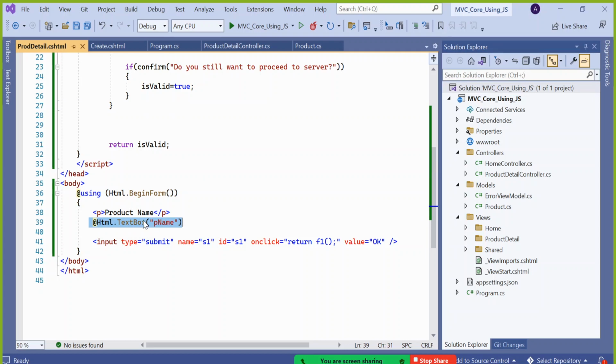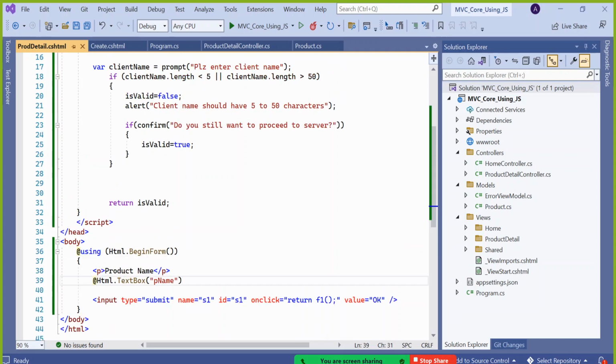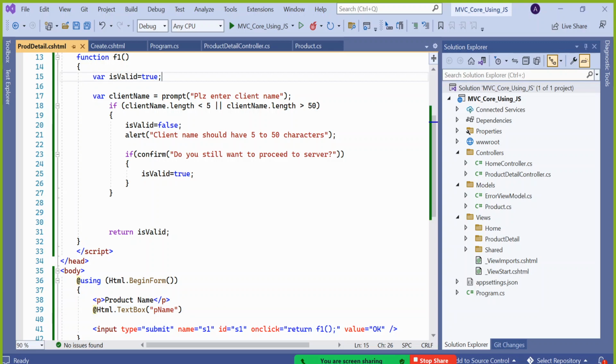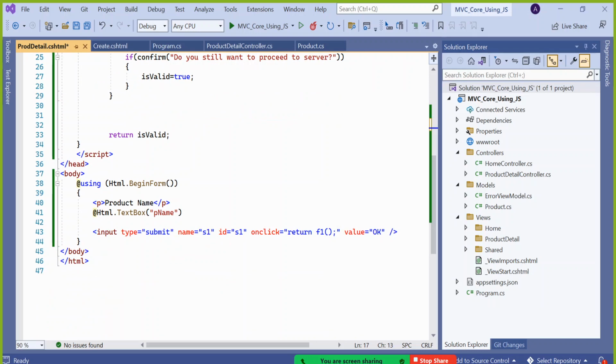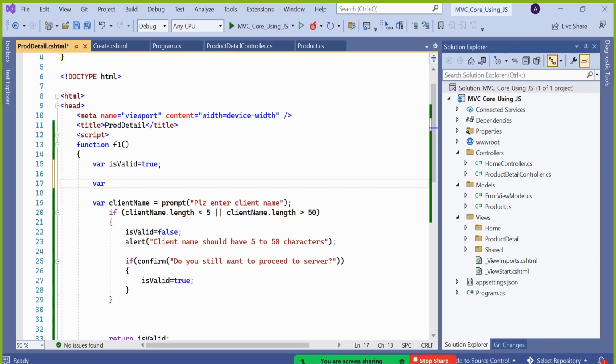Suppose you have an ID called pname. Whatever somebody is typing in this text box should be collected and stored in a variable. And on that variable I want to check the number of characters, blank, not blank, etc. A small command is there, I will tell you that as well. So you can say var, this time it is product name, so should I say prodname equal to